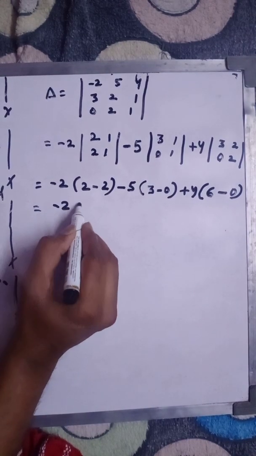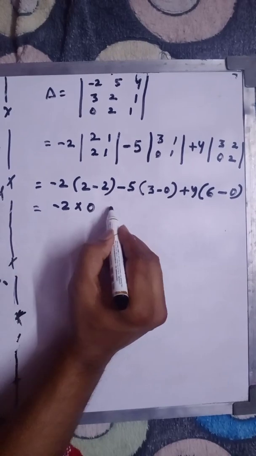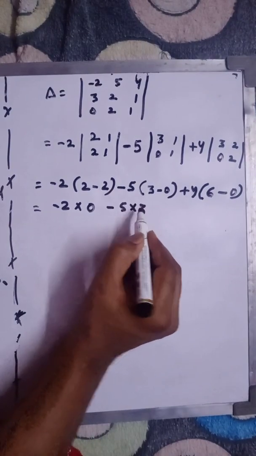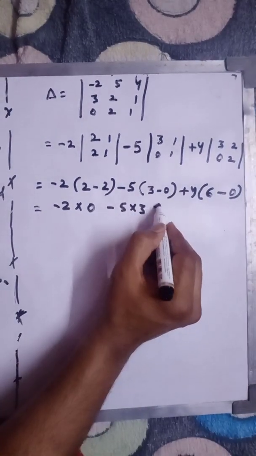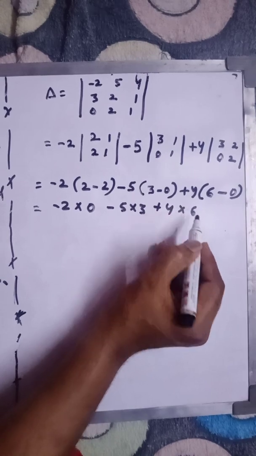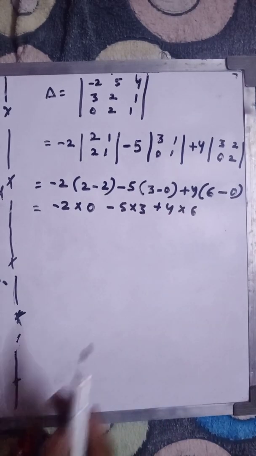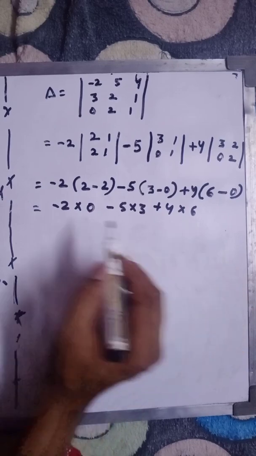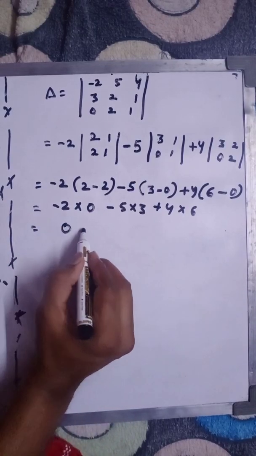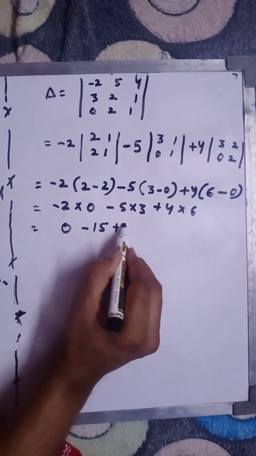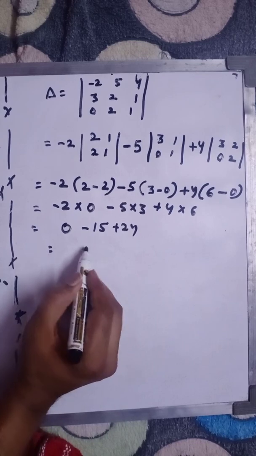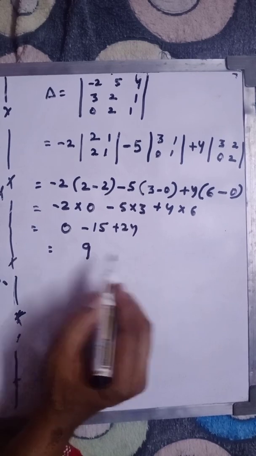After that, this is your -2, this is your 0, -5 into 3, that is 3 minus 0, that would be 3, +4 into 6, 6 minus 0, that would be 6. So that would be 0, -15 plus 24. So 9 is your answer. So this is the